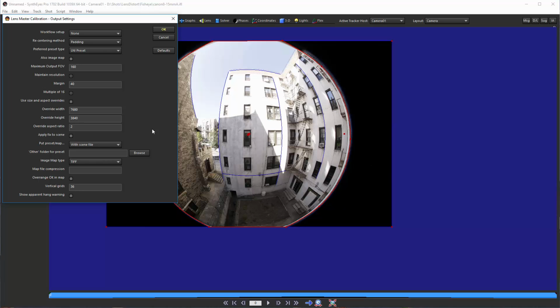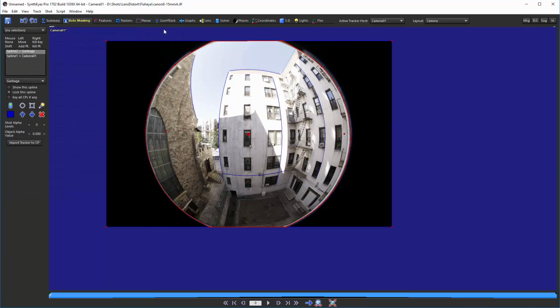So one of the options that we have here is to go directly to a 360 VR format, and that's what we'll do here. So we'll say that we do want to apply the fix to the scene. We're going to generate a 360 VR format, and we've also permitted the additional little bit of lens distortion correction to be added. So now we'll do the running,